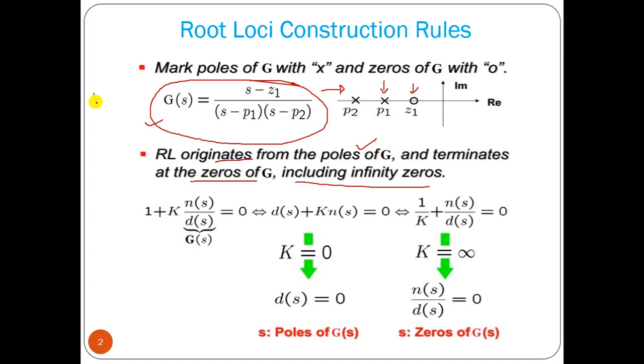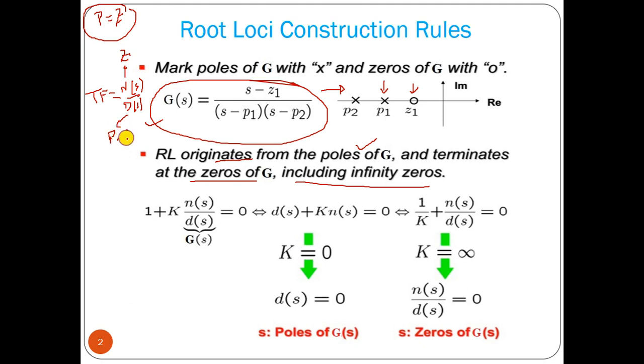A transfer function is nothing but it can be written as N(s) by D(s), numerator polynomial by denominator polynomial. From the numerator polynomial we can find out zeros of the system. From denominator we can find out poles of the system. Now for a transfer function, number of poles and number of zeros must be same. Total number of poles should be equal to total number of zeros for a system. But it may happen that finite value of pole and zero may differ.